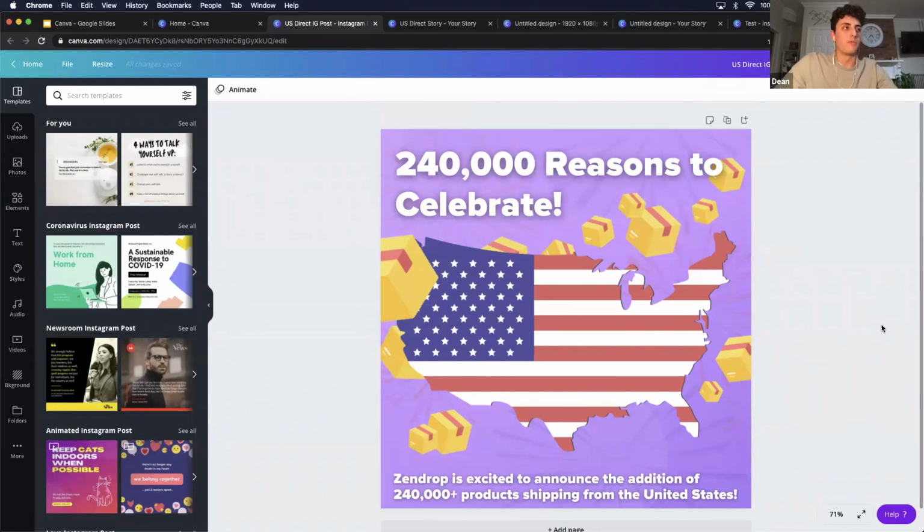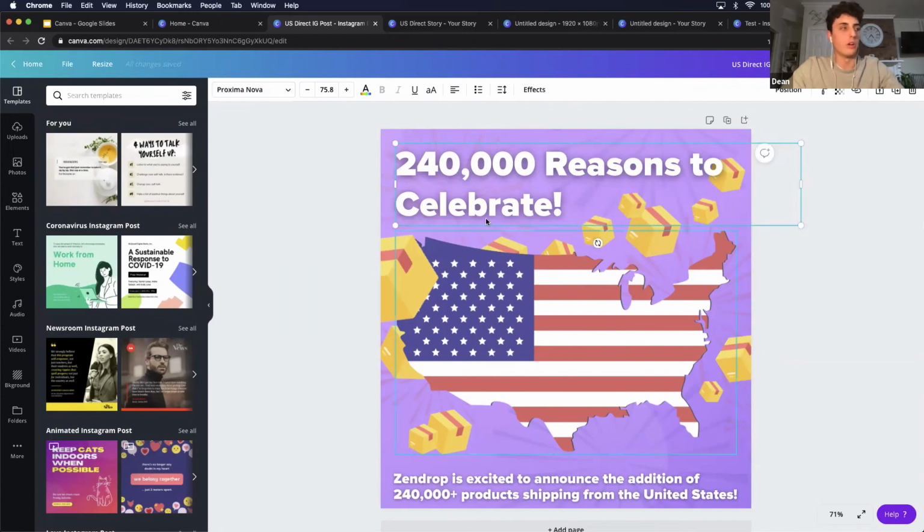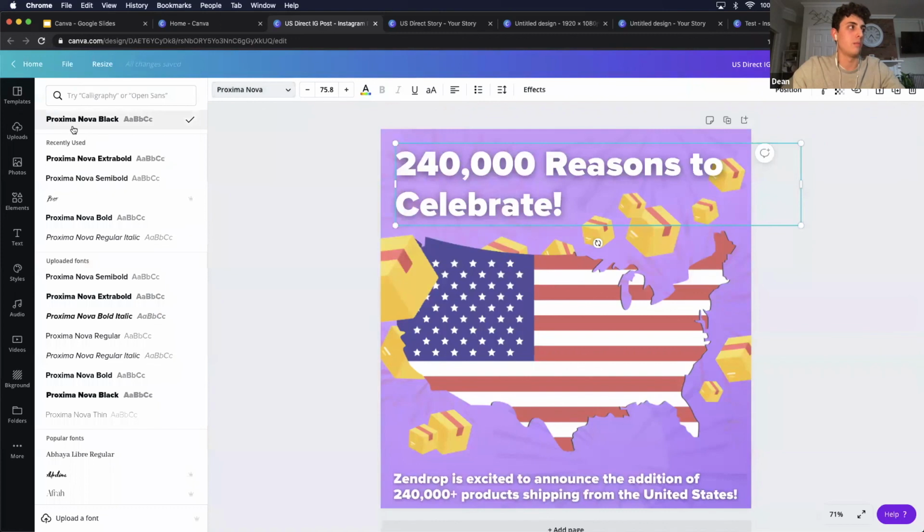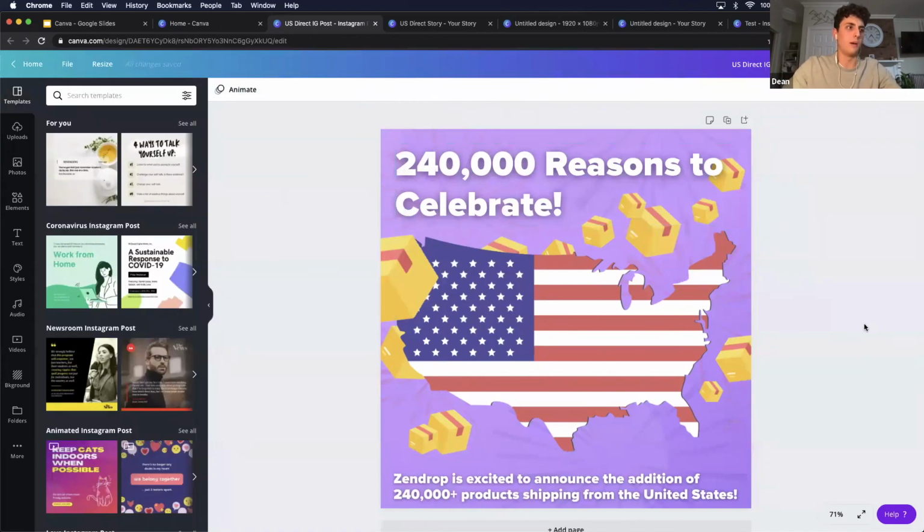So while we wait for another question, one thing that I think is extremely important is your typeface as well. Our Zendrop logo has a specific font, which is this font right here. And so when we're putting out content, if you see content without a logo for reputable brands like Nike or Amazon, it's the little subtle branding things that you don't realize, like the text.